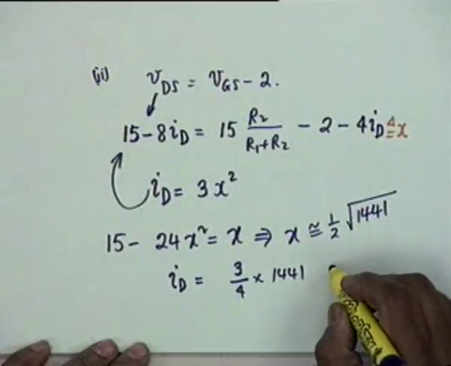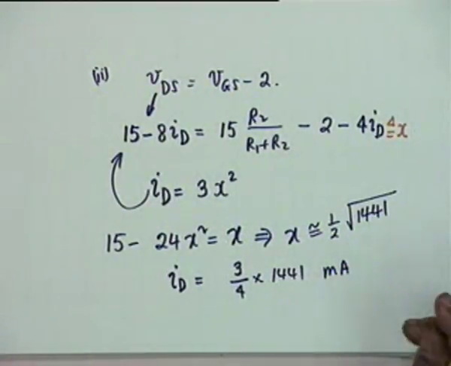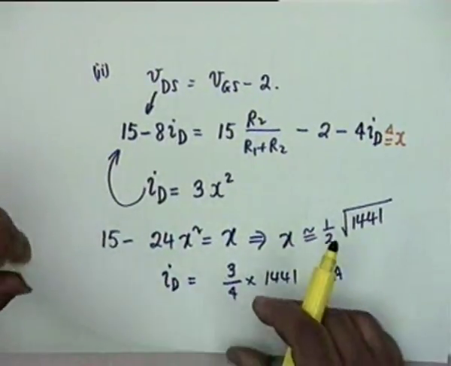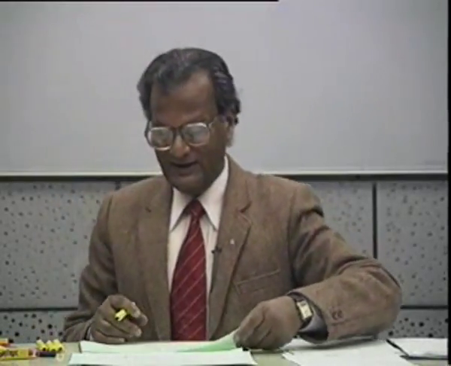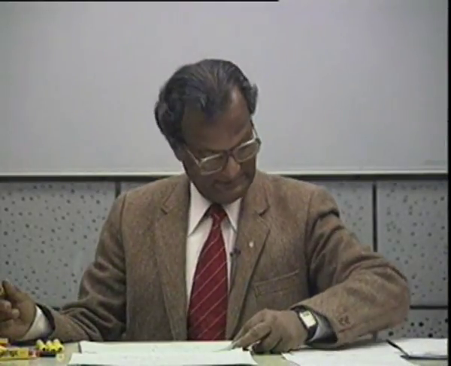So many milliamperes. And if you know ID, then... too large a value? This is the order of an ampere. Is that permitted? No, sir. Or I have made a mistake? Too large.